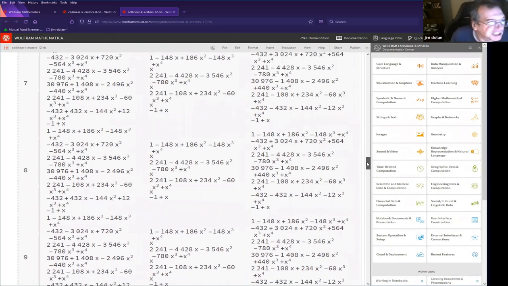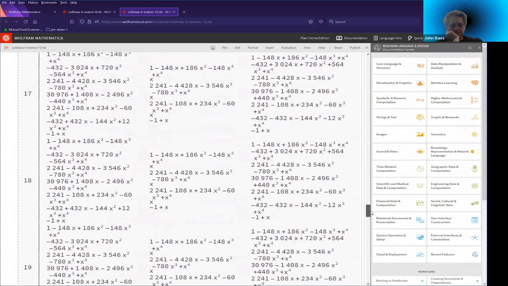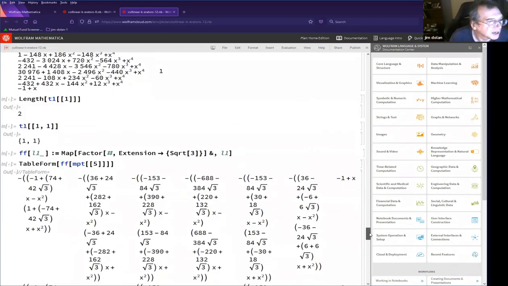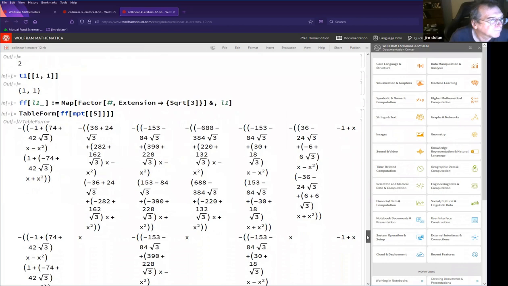So I think you can see that these are all quartic polynomials that we get here, or most of them are. Now, somewhere down here, I start factoring them. Again, I'm so disorganized. This is very hard to read. These polynomials are printed vertically now instead of horizontally, but you can sort of see that there are quadratic polynomials in there that are the factors of those quartic polynomials. And this factorization happened when I factored over the square root of 3.